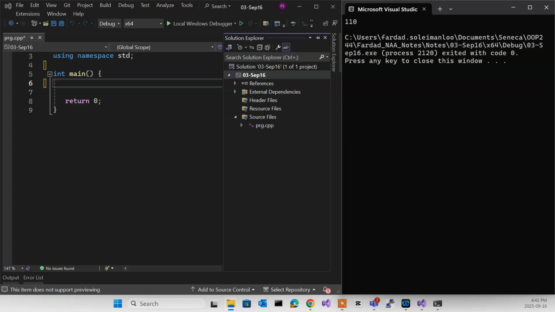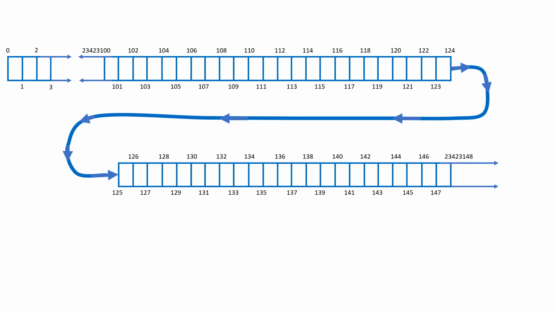First thing I'm going to ask you is to please format your brains and forget anything you know about pointers. This is a fresh thing. We're going to start from scratch. Are we okay with this? Yeah. We okay? So,